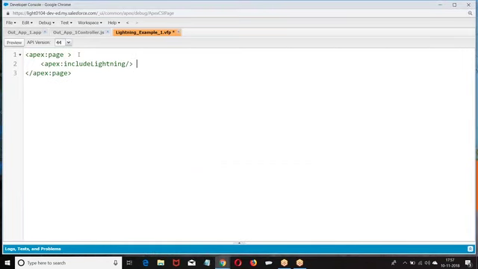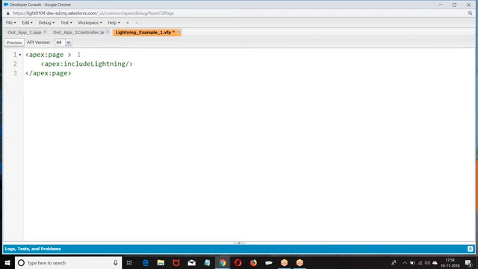If you want to apply lightning within the Visualforce page, when I say apex include lightning, whatever the CSS and whatever the JavaScript we are using in the lightning framework, all of them are automatically included in the Visualforce page.